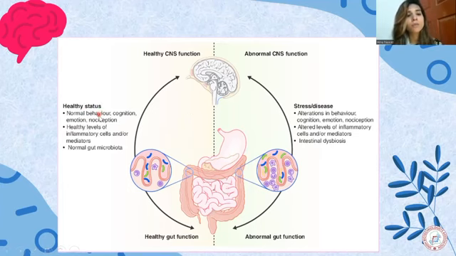If the status of your gut-brain axis is healthy, what will be the health consequences? A normal emotional and behavioral status is seen, and a healthier level of your inflammatory cells or mediators, because of the presence of healthy gut microbiota. And if this status becomes abnormal due to any environmental factor, like any stress condition or disease condition, it will lead to alteration in your behavior, cognition or emotions, which will lead to altered levels of your inflammatory cells or mediators, and ultimately altogether it leads to dysbiosis, intestinal dysbiosis.